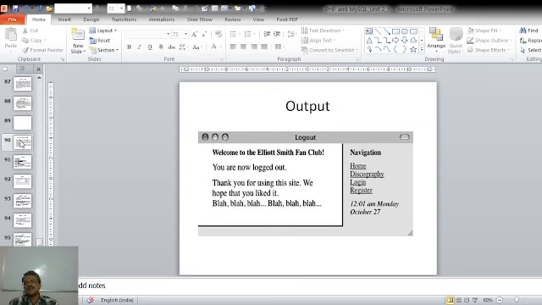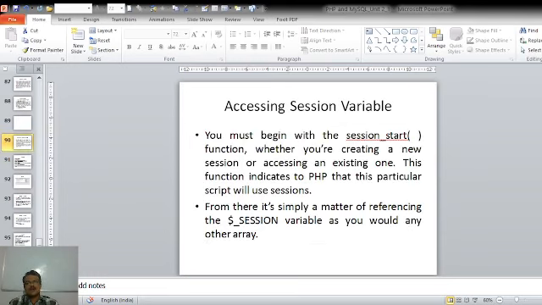So in this lecture, we have seen how to access the session variable by using the $_SESSION array, and the second thing that we have seen is how to delete a session.